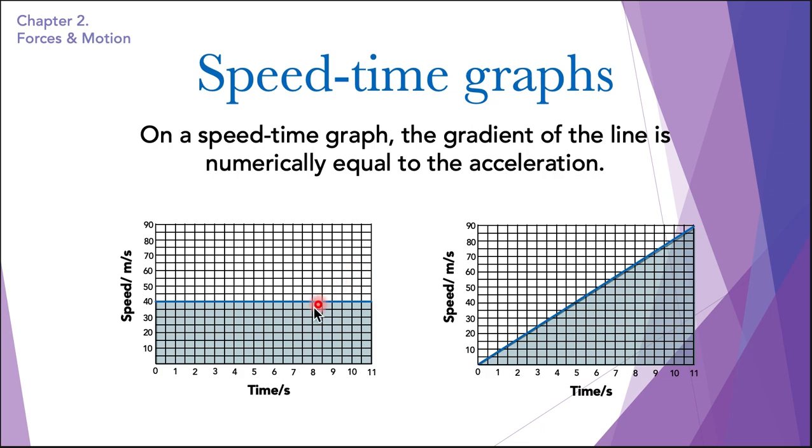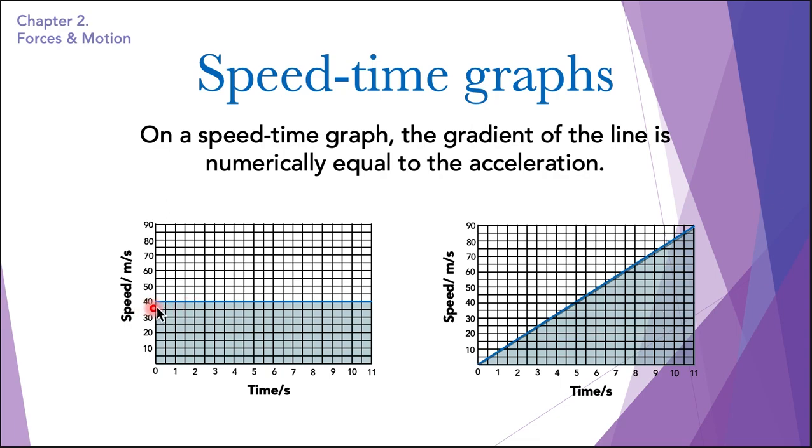But in a speed time graph, if the graph is a horizontal line, it would mean that the speed is constant. It is neither increasing nor decreasing. So this type of graph in a speed time graph would be called a constant speed. Otherwise, in distance time graphs, this type of graph is called no movement at all. It is stagnant, like if a car has stopped, because that is the distance time graph.